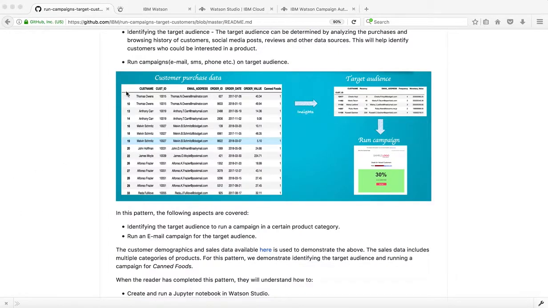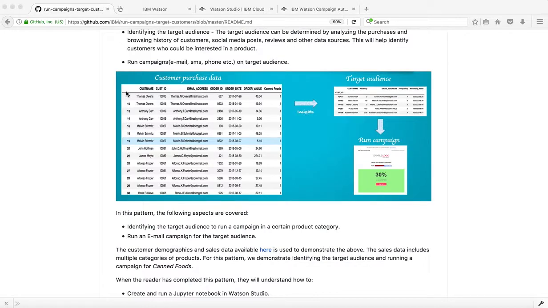Looking at the customer purchase data, we can see that we have customer details. We have the customer purchase details for the canned foods category. So we analyze this data and then we come up with three parameters for all the customers for canned foods. We come up with the frequency, recency and monetary value of purchases in the canned foods category for all the customers. Once we have this, we have taken the top 5 customers with respect to the monetary value as